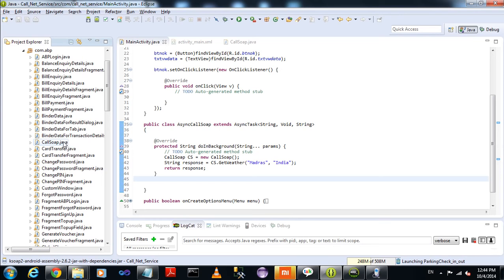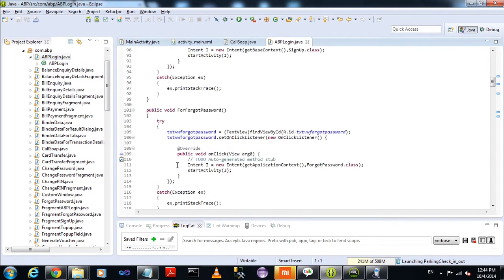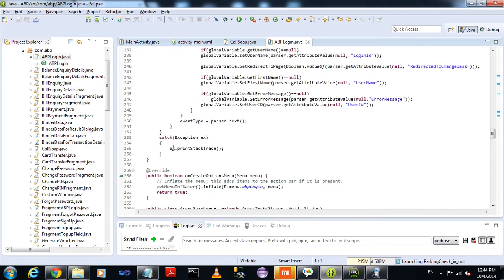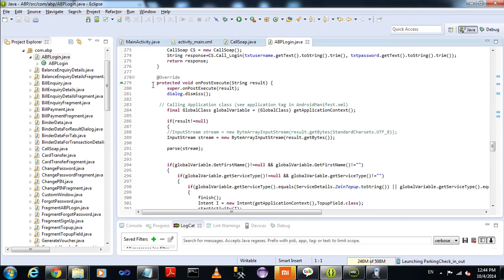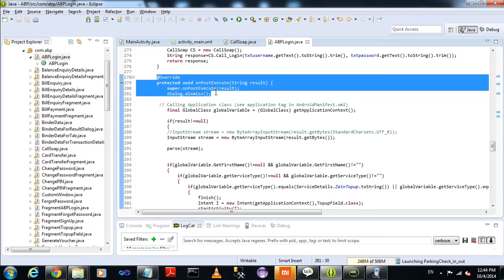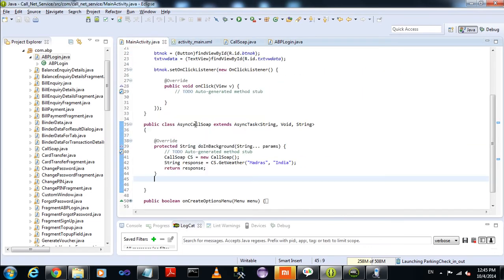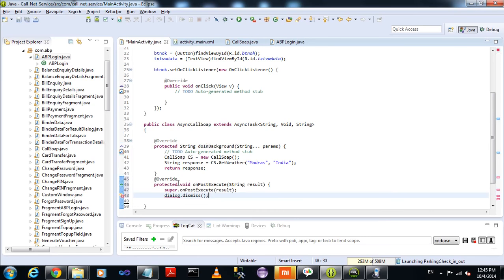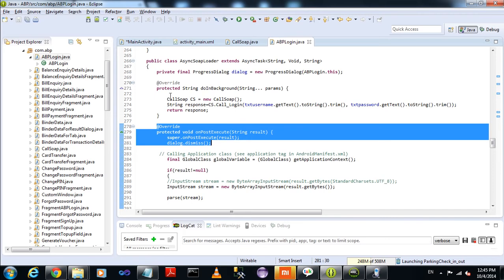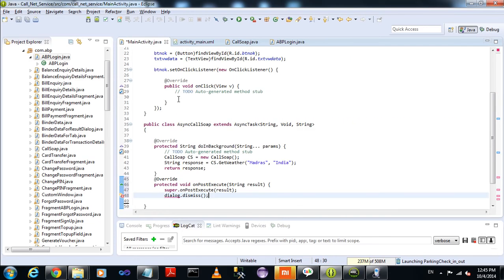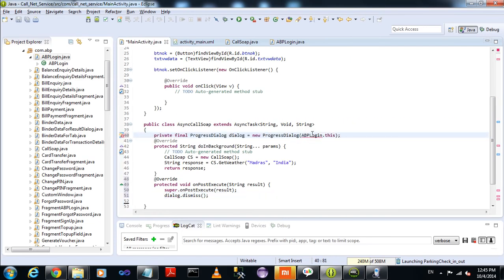I'll just copy it, I have it in another project. OnPostExecute, I'll just copy, and here declare one progress dialog for the progress.